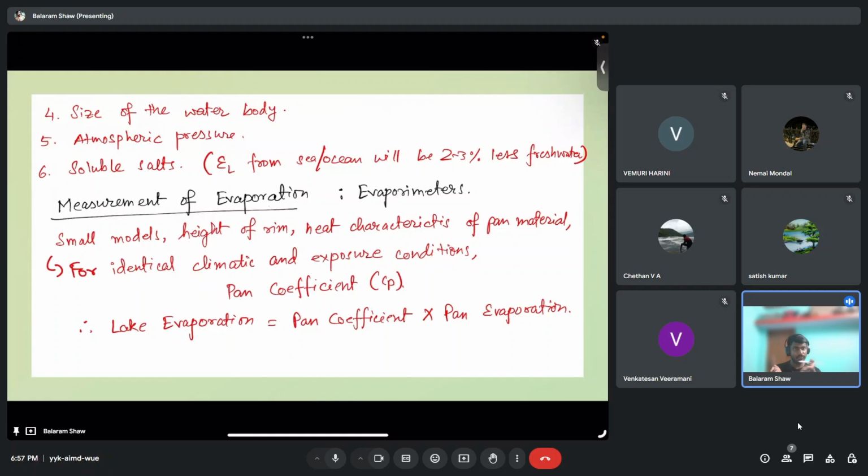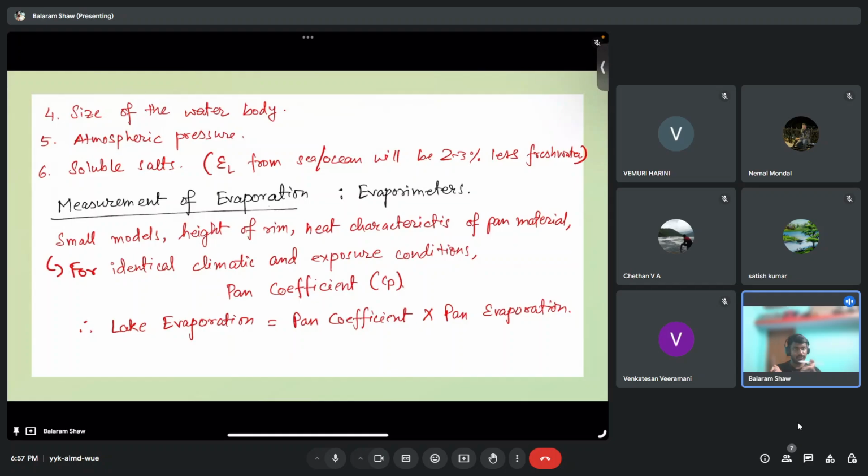So it is option D, wind speed. Anything else you see there? Option D, air and water temperature. Yeah, correct. Both the wind speed and the air and water temperature will be directly proportional to the evaporation. If wind speed is increasing, then our evaporation will increase. If temperatures are increasing, it will also increase. But if atmospheric pressure is increasing, there will be a decrease in temperature and so evaporation. So the correct answer will be C and D.